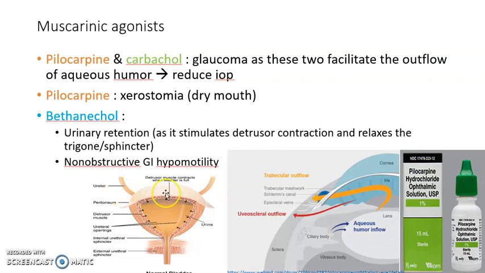Okay, so when you contract this muscle of the bladder, and when you have relaxation of this, you can allow urine to flow. Okay, it's also used in non-obstructive